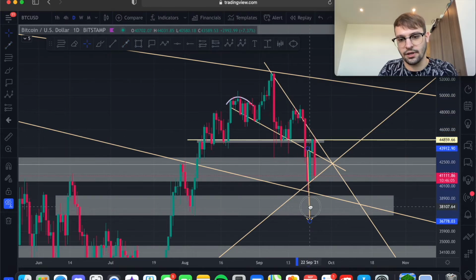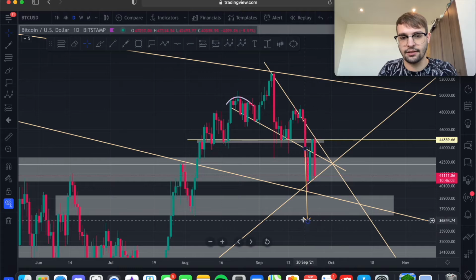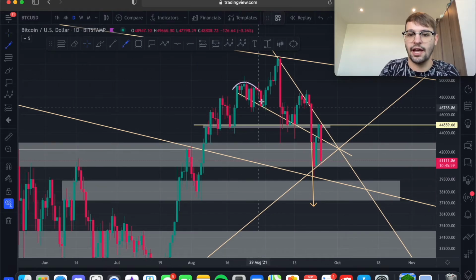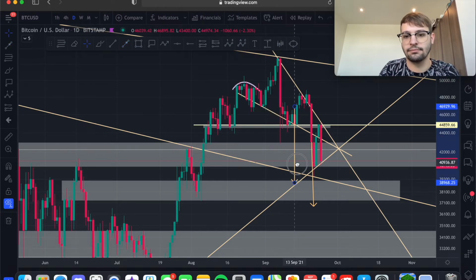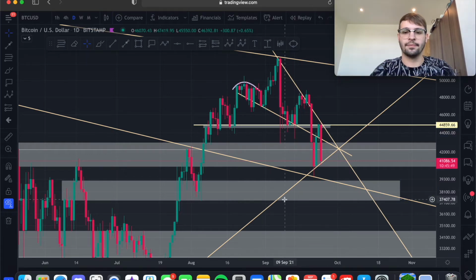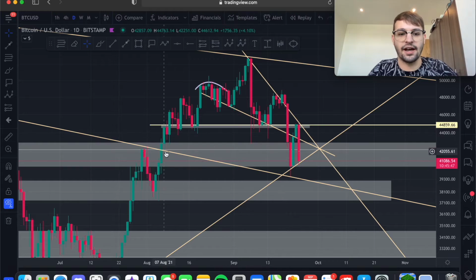So your technical target when you lost it was there at 36.8k, and then your technical target for this head and shoulders here is exactly the same place, 36.8 basically, in around there. And that's tying up because at the moment, we can't make a judgment, we need to see how